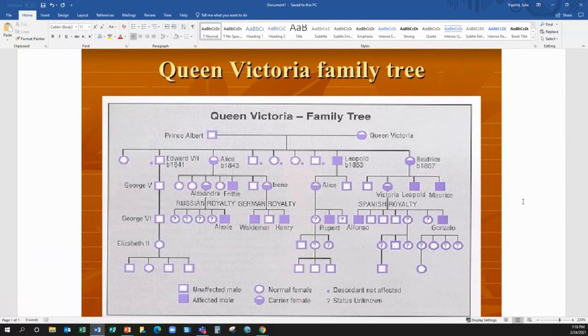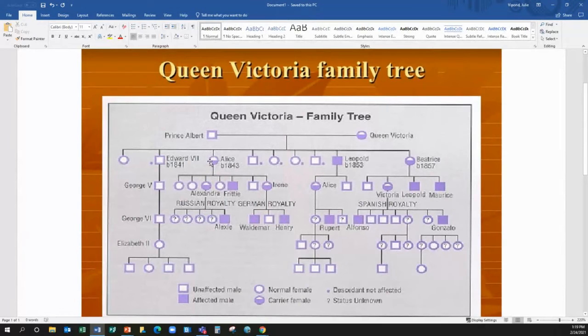Now, if you look here, we'll start over here. Her oldest boy, this is Victoria, she was a girl, Edward the 7th is her oldest boy. He will marry Queen Mary. They have several children. George V is his oldest boy. Edward the 7th marries Alexandra. George V marries Mary. George VI marries Elizabeth. And then you have the reigning monarch right here. Okay, so this is the English line.